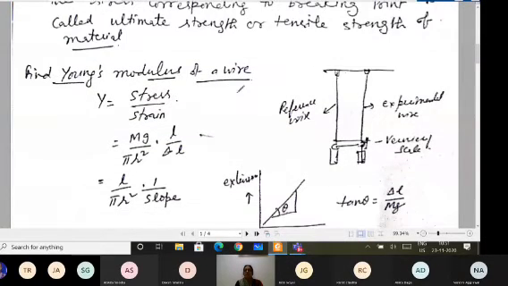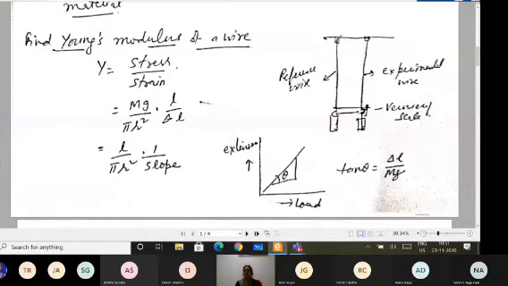And this, as I was saying, that Young performed the experiment. So he took a reference wire whose length was fixed. And this is the experimental wire, whose extension produced you want to find. And when load was applied on the experimental wire, the extension could be noted with reference to this given reference wire with the help of a vernier scale arrangement. And then of course we found the stress, means force applied upon area, divided by strain, means delta L upon L. So experimentally this thing can be done.